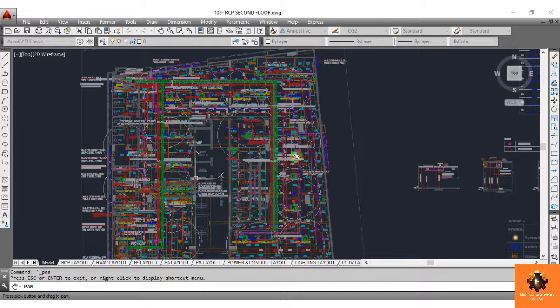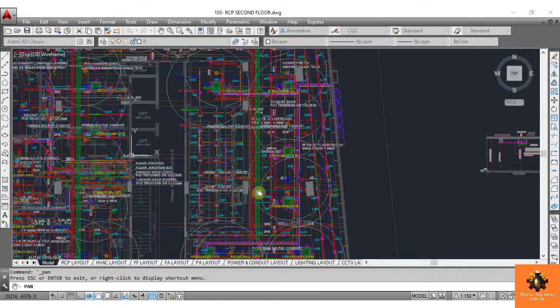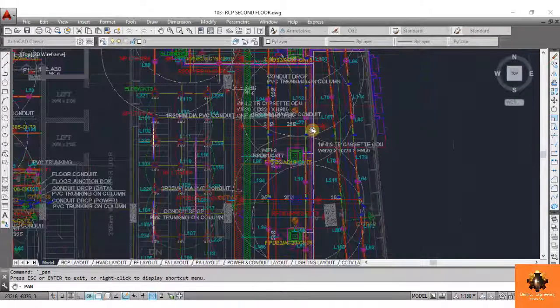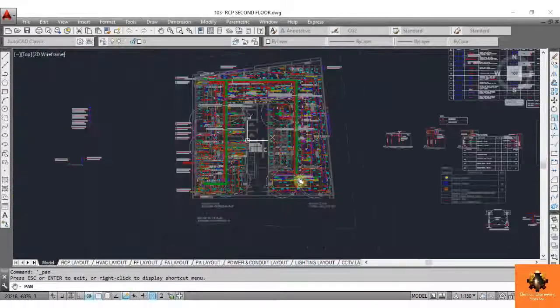Let's see here the service coordination layout, in which we have copied all the services into one layout. Here we have the raw power cable tray, CCTV and data cable tray, and the AC cable trays. Along with these, the lighting layout, smoke detectors and sprinklers are also shown here. Now it is very easy for me to select the route for my cable trays.